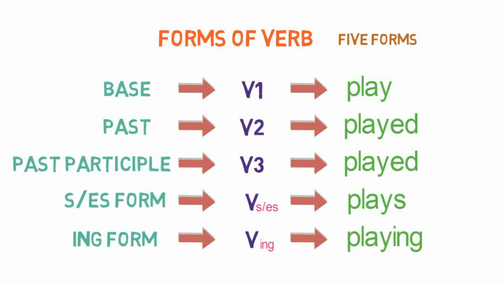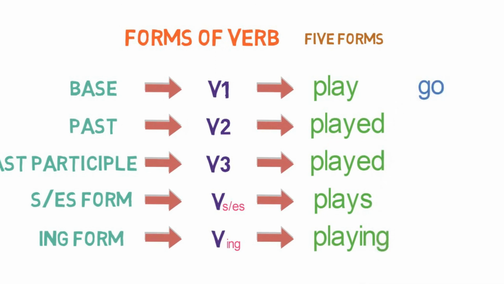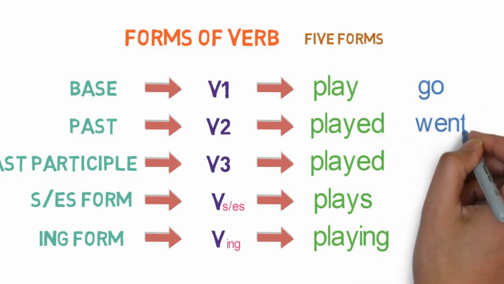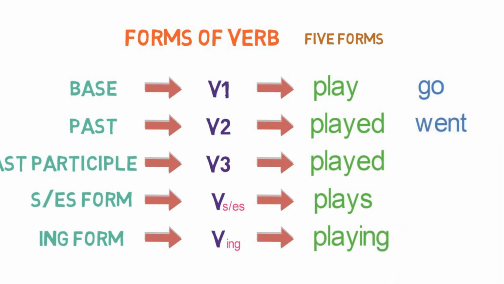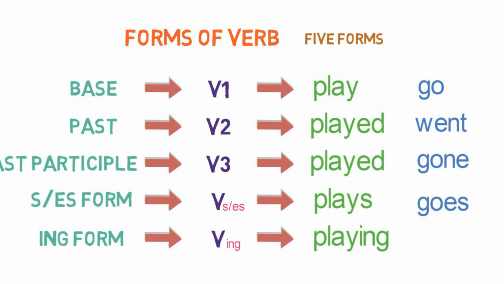Let's look into one more example. Go: in the base form it is go, in the past form it is went, in the past participle form it is gone, in the S/ES form it is goes, and in ING form it is going. Now that you are clear with the verb forms, let's dive into the tenses. First,